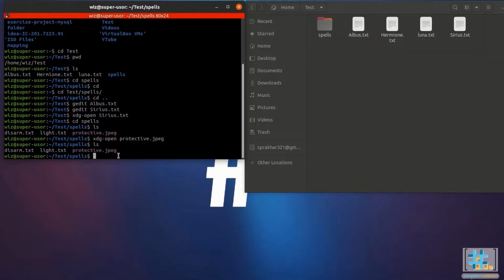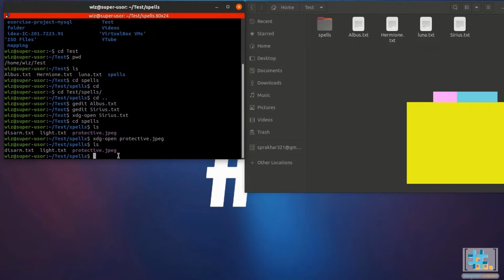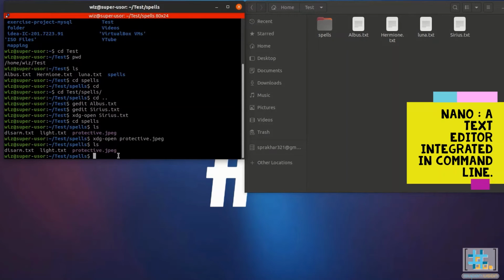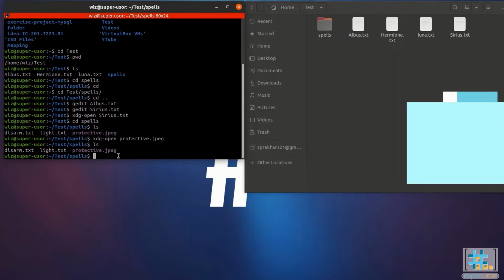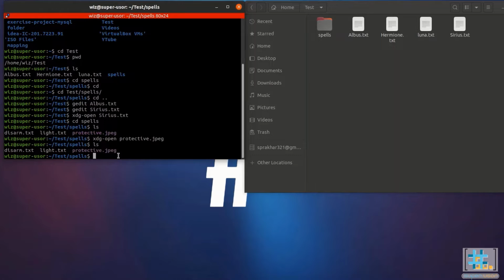Gedit is a graphical text editor, but Linux has a text editor, Nano, pre-installed in the Linux command line for most of the Linux distros. In case your distro does not have it, later in the video I'll tell you how to install software using the command line. Now, as we learned earlier, to open a file, first type the name of the software followed by the name of the file,